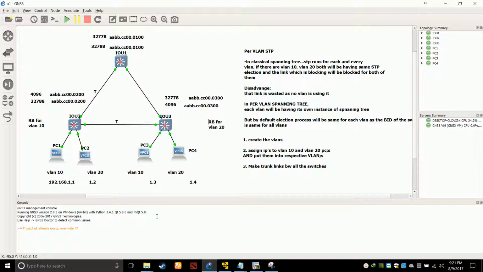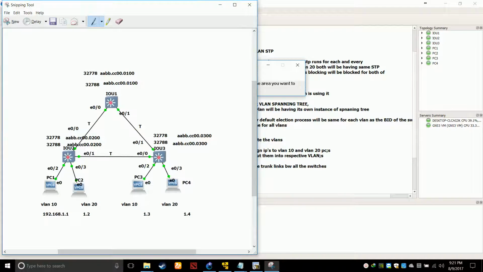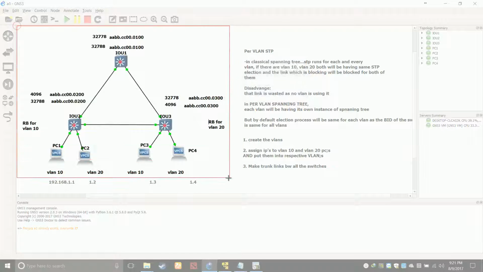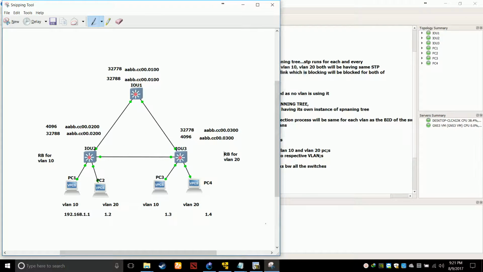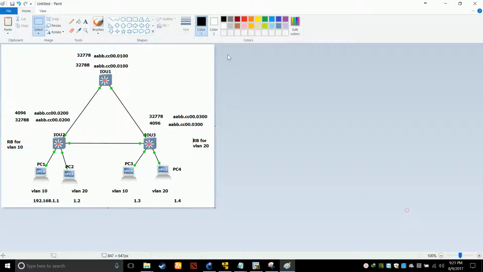We know that every link is a trunk, no need to write that. So let's first do that for VLAN 10. The same thing is going to happen again, but this time this guy is not the king, this guy is the king for VLAN 10.